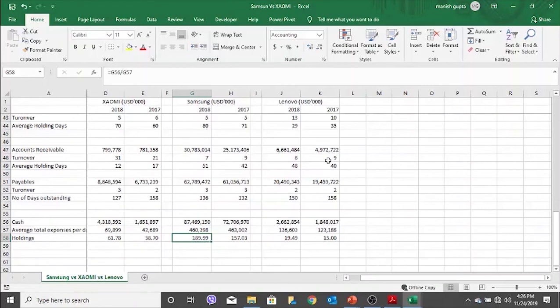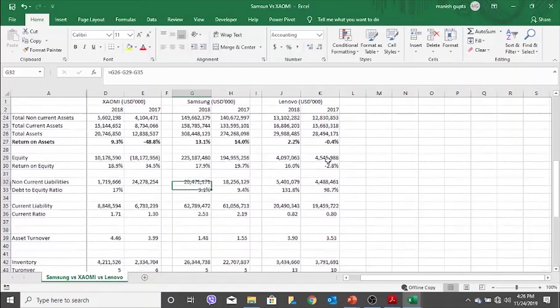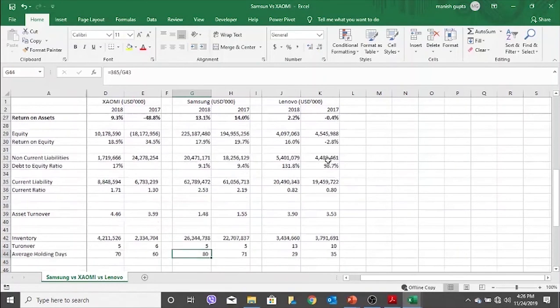So if they don't hold the money in cash, what should they do with this cash then? Because they are earning the cash, right? That's why they are holding it. But it means they are not investing more into the business. So what should they do? Make better use of it. But they already have tons of assets, right? You see, they have nearly $300 billion worth of assets. So what should they do then? If they want to improve the return on equity, because their return on equity is not really great, right? So what should they do?